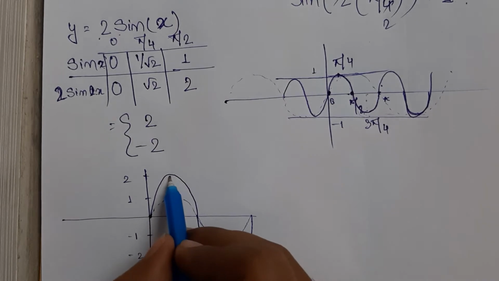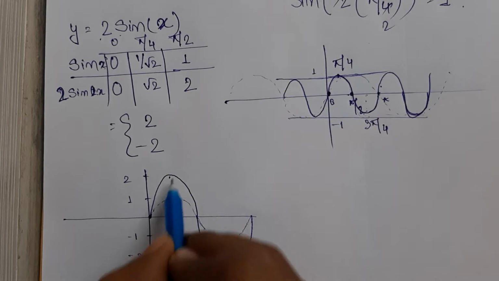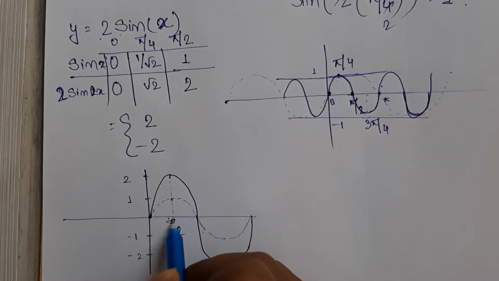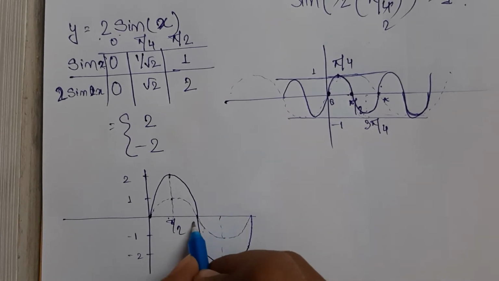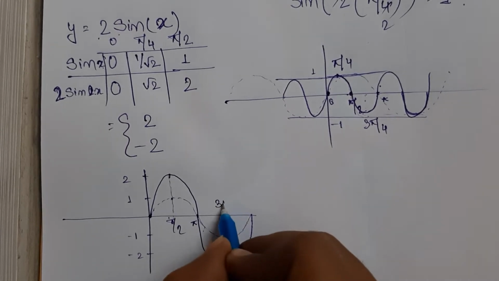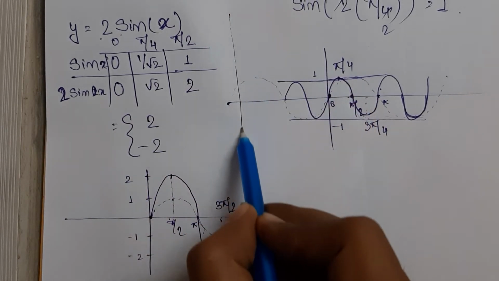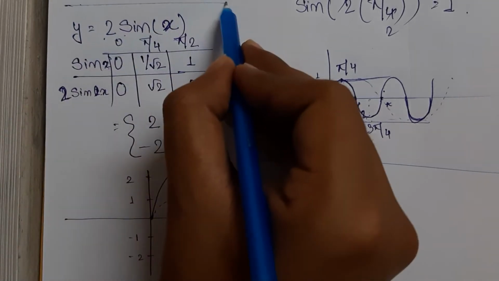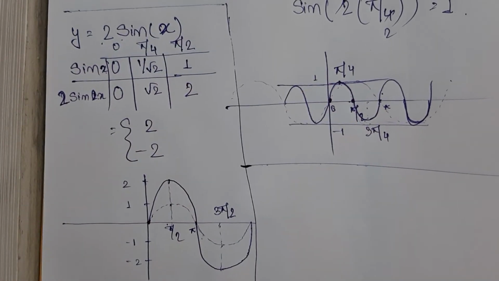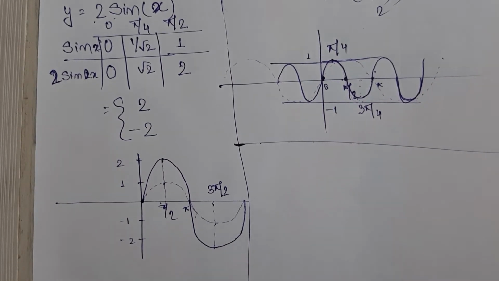Okay, see, at pi by 2 it is achieving maximum, and here it is also achieving maximum, only that there is a change in the end value. Here at 3 pi by 2 it is achieving the minimum, here also it is achieving the minimum, but the value is being changed. Okay, I think you can understand this. What will be the change if it is done like this? Now let us see another variation.